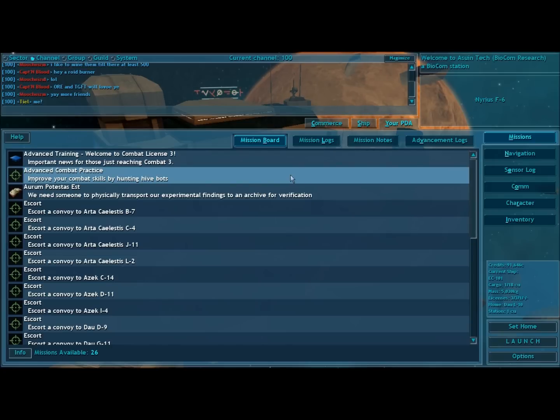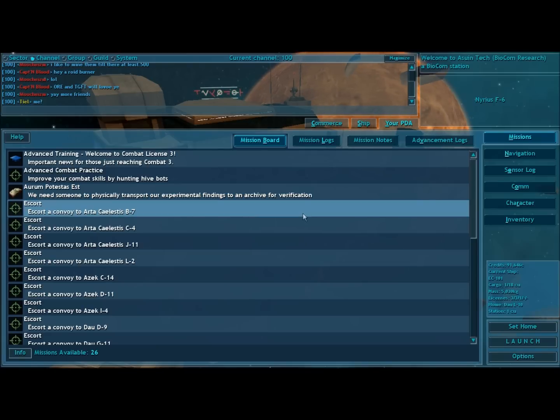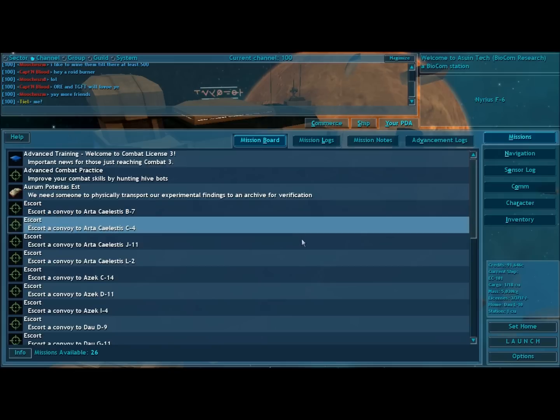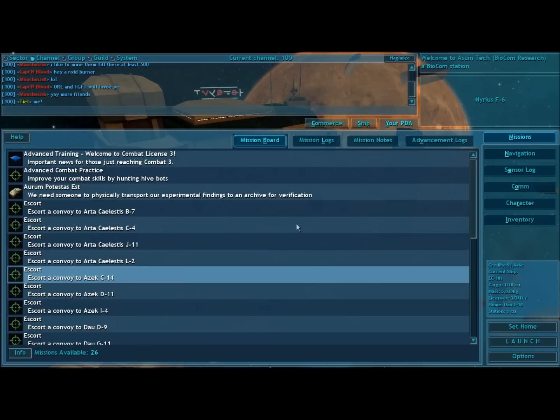Combat practice. You have advanced combat practice. This is if you are feeling masochistic and want to grind through tons of bots. You can do combat practice. Arm potestas est. That takes you through the end of the tree of the rogue drones. So this continues on the story of the rogue drones. And then below that you see a variety of escort missions, which we aren't going to delve into at this